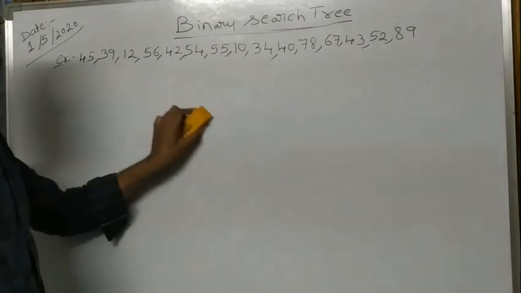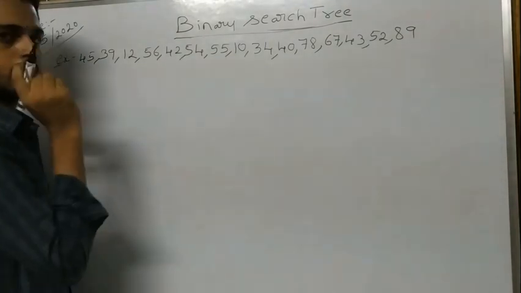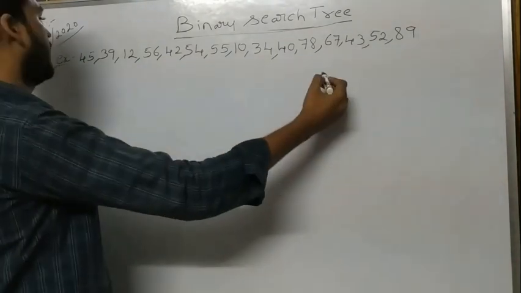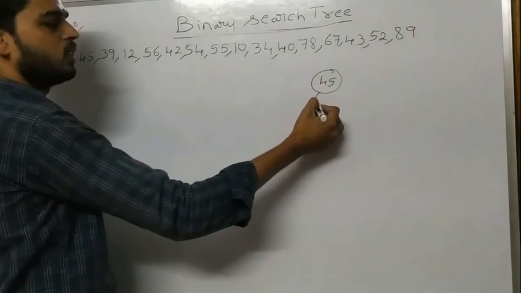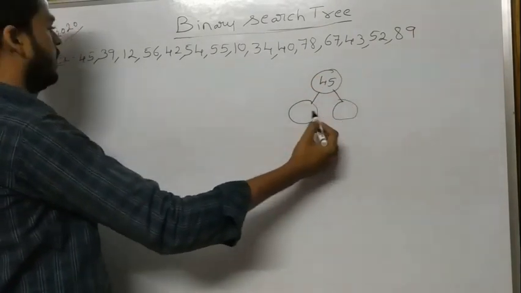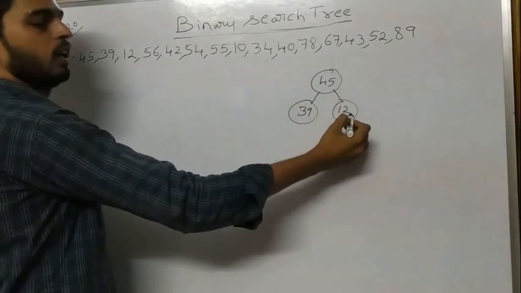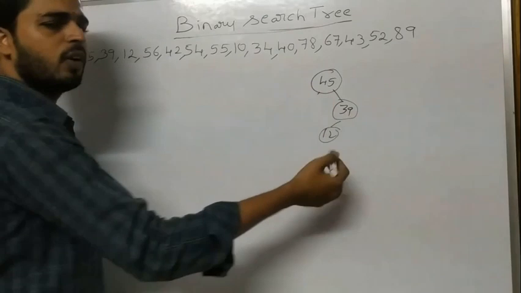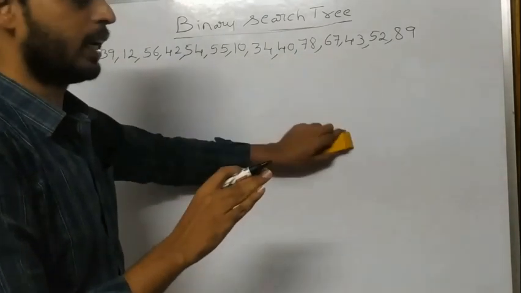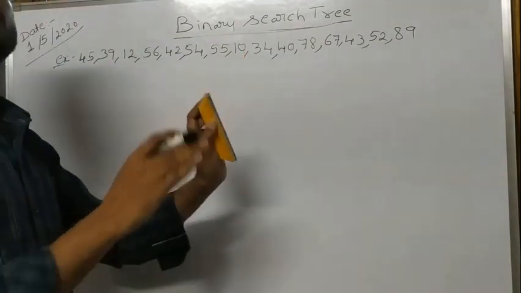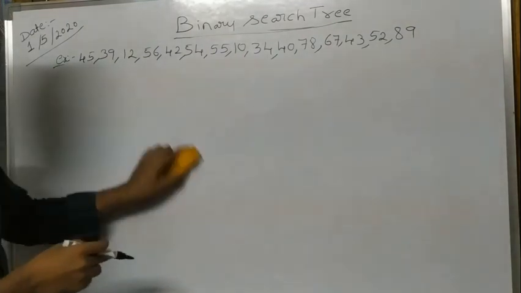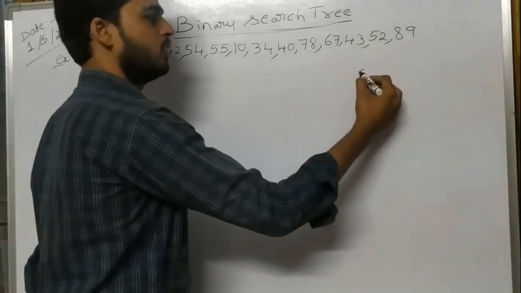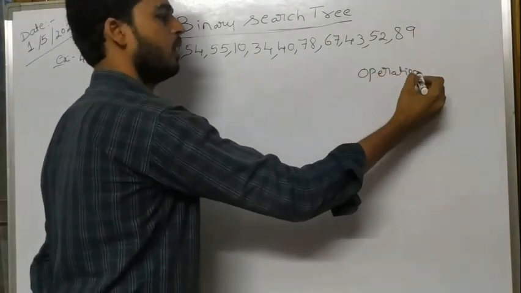We have taken an example. Now we need to construct a binary search tree for this one. If you want to construct a binary tree for this one, there is nothing else. We will just take one node, 45, and for this node, if you require, we are going to create two nodes like 39 and 12. If you don't want to create two nodes, we will take only one node, 39. It's our wish. There are no restrictions while creating a binary tree. But coming to binary search tree, it has to follow the property.